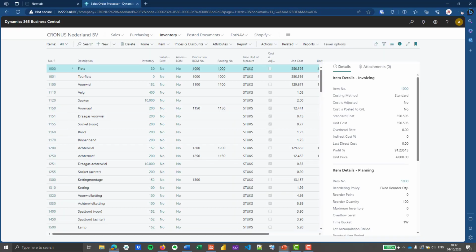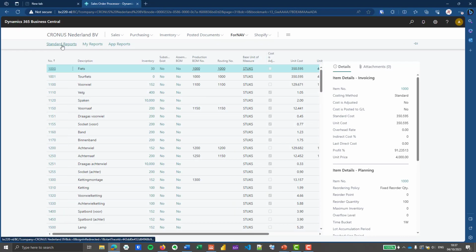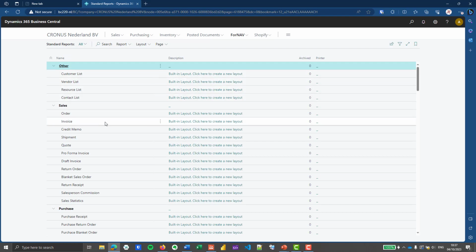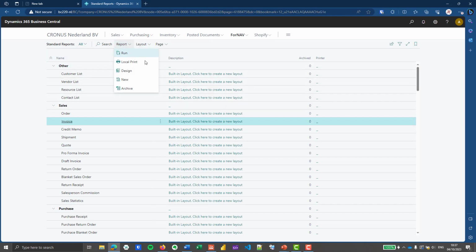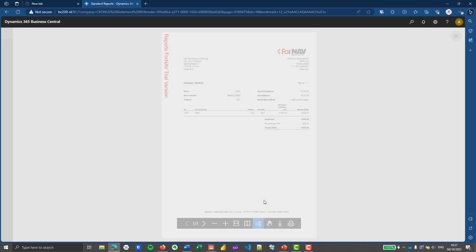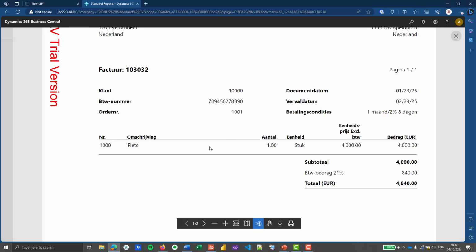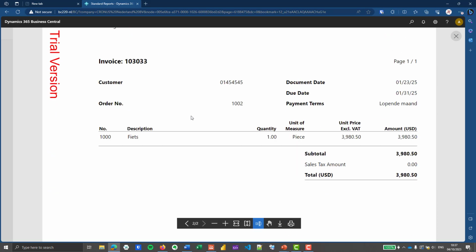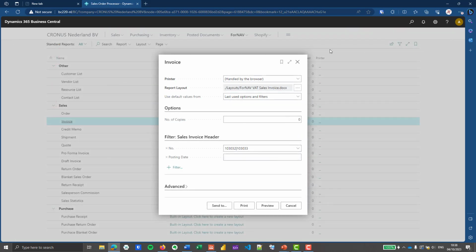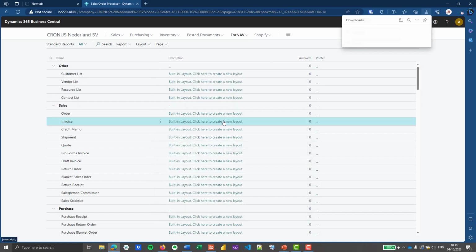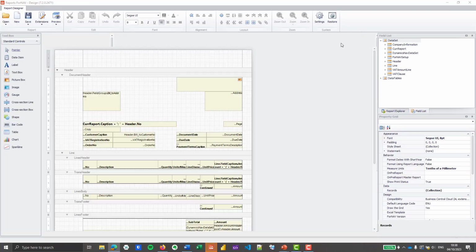So go back to Business Central, find our standard 4NAV report, which is the invoice. If I run the report, the invoice, you will find two invoices I have prepared earlier. One in Dutch, which sells the bicycle, and one in English, which sells the bicycle. And of course on the English invoice we want to get the English text. Let's open this report in the 4NAV Designer,